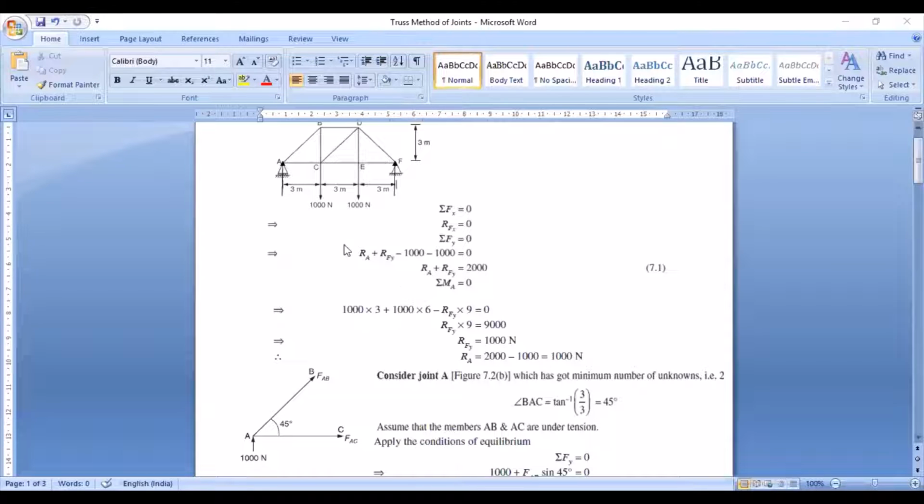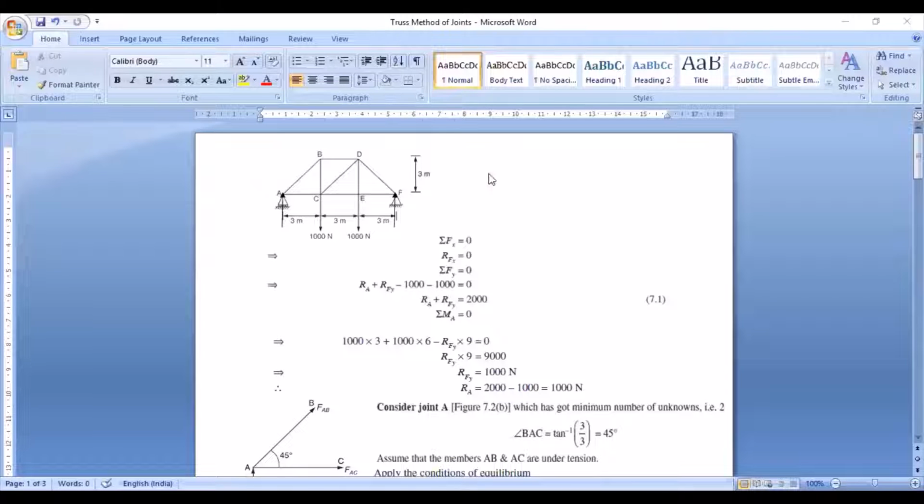Move on to the third one, that is let us take moment about any point now. Let us take moment about point A. Not necessarily at point A, you can take it at point F also. But we shall apply it initially at point A. Since I applied it at point A, we have four forces here in total, amongst which only one force passes through point A. Therefore, only three forces are left. So let us calculate the moment.